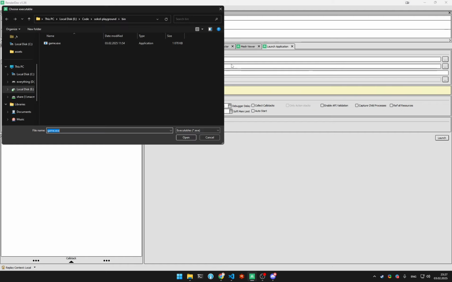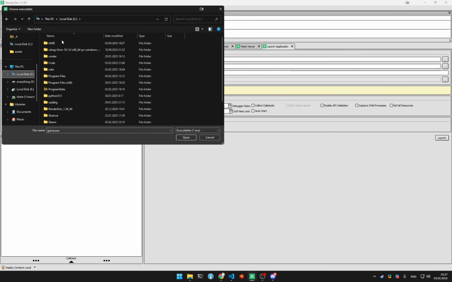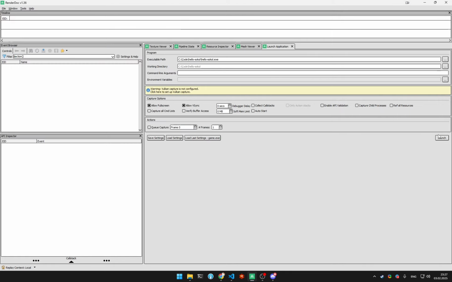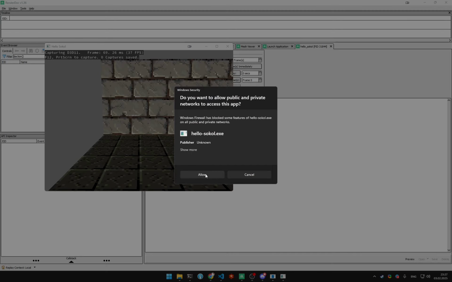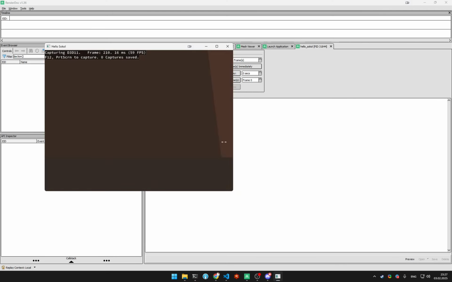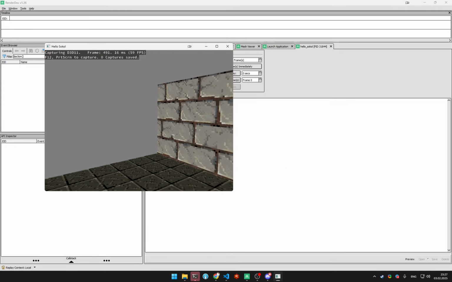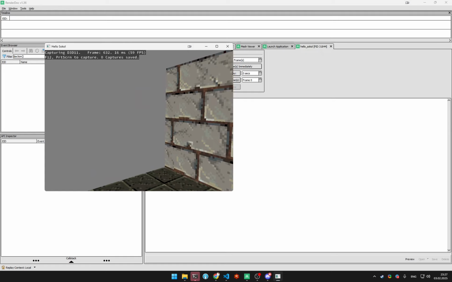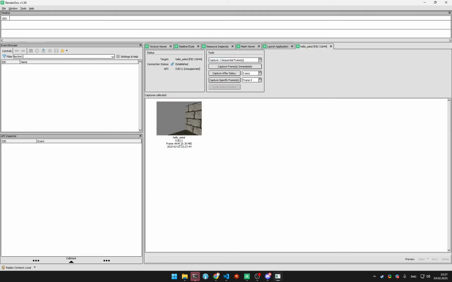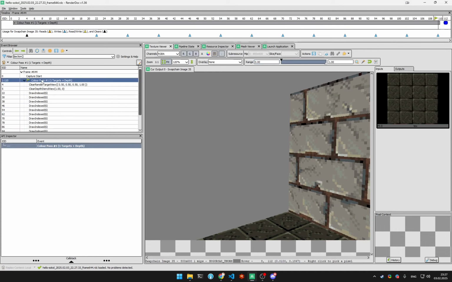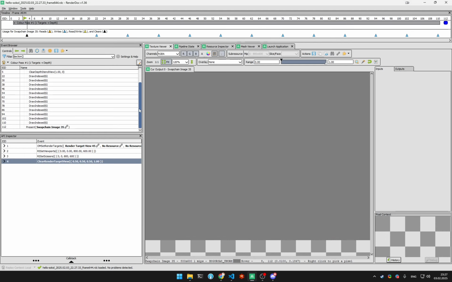So if we say C code hello Sokol, so this is what we just compiled, and run the game, it will run in a special mode that is going to do some capturing. And if we press F12, it will capture the whole rendering of the current frame,